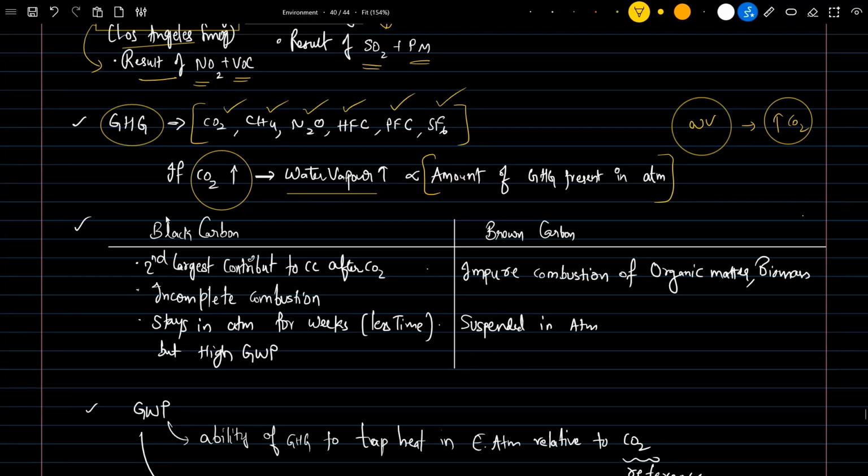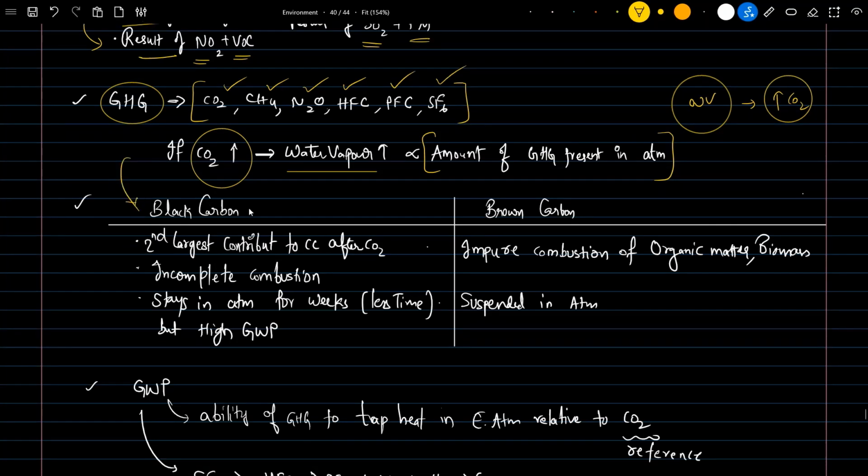Other greenhouse gases are black carbon and brown carbon. Let us also understand the difference between black carbon and brown carbon. After CO2, black carbon is the second largest contributor to climate change, and it is formed by incomplete combustion, whereas brown carbon is formed by impure combustion of organic matter and biomass. But black carbon stays in the atmosphere for just weeks, which is less time compared to brown carbon. Brown carbon will be suspended in the atmosphere for a long time. But ironically,